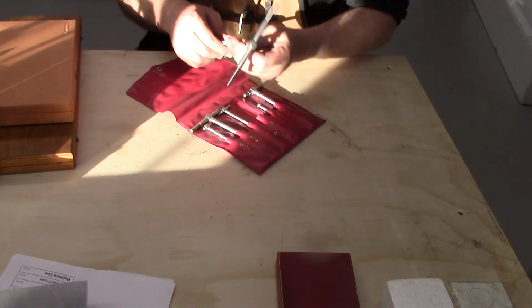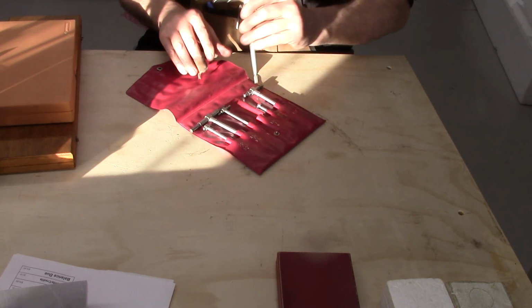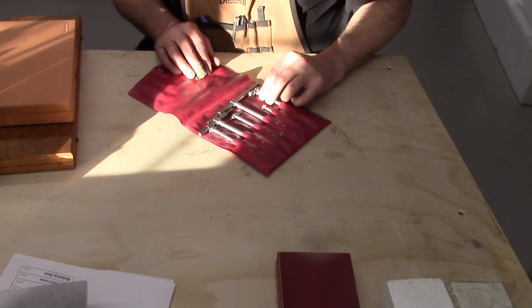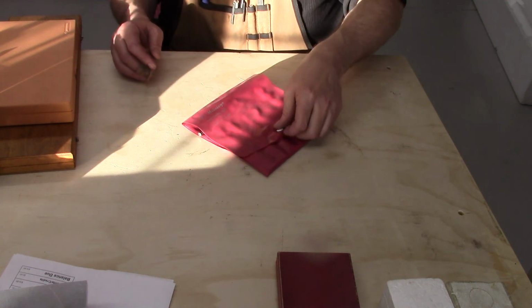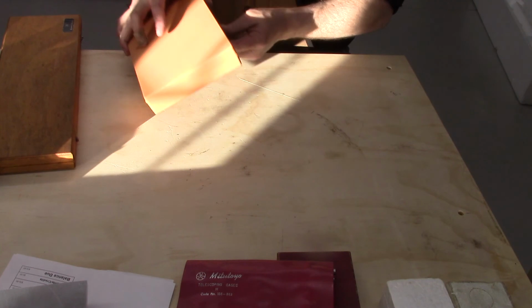So, nice cool set from 1/2 inch to 6 inch. Those are in beautiful shape. Obviously some use, but really well taken care of. Everything's good, beautiful. Let's see, and he sent me